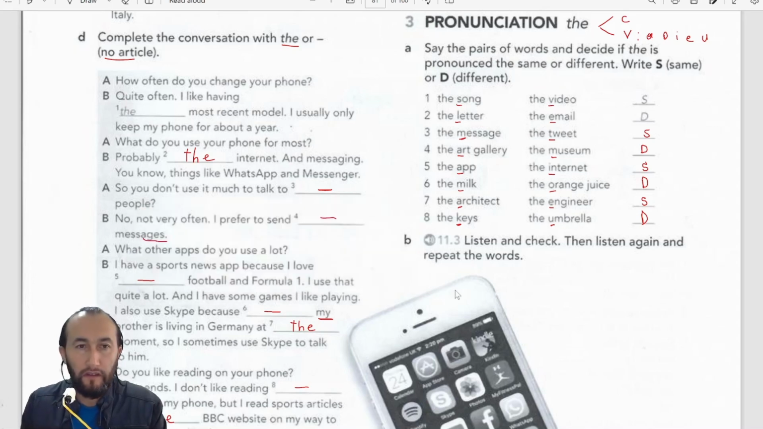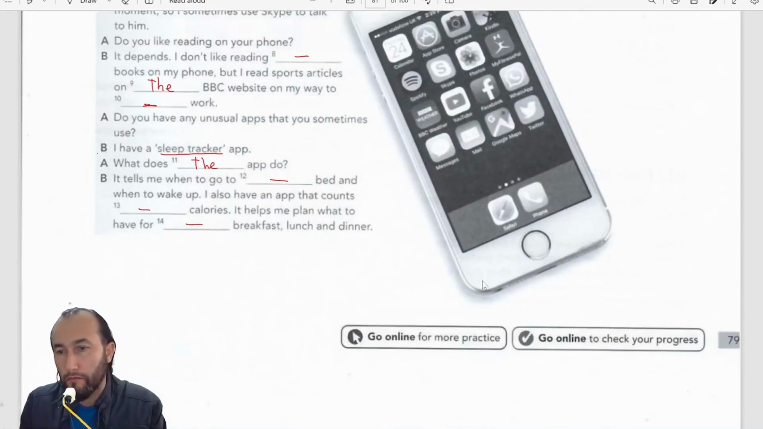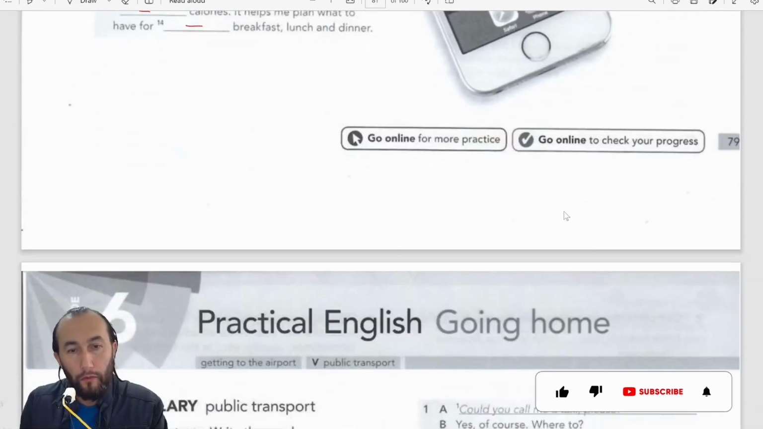That's it, guys. As you can see, there's a little bit of difference in pronunciation. Now I think this page has been done. Page 79 we have finished, and we're going to continue with the next page